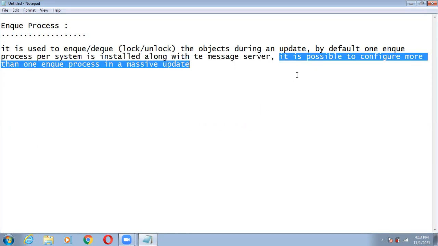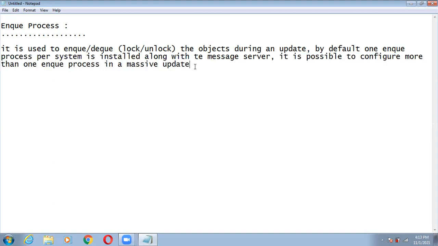Now see, it is possible to configure more than one NQ process in a massive update, right? If there is a big update, you can configure more than one NQ process, but by default, when you install SAP, you will have only one NQ process along with the message server. So yesterday I showed you how to install the additional application server, that is your dialog instance, right?